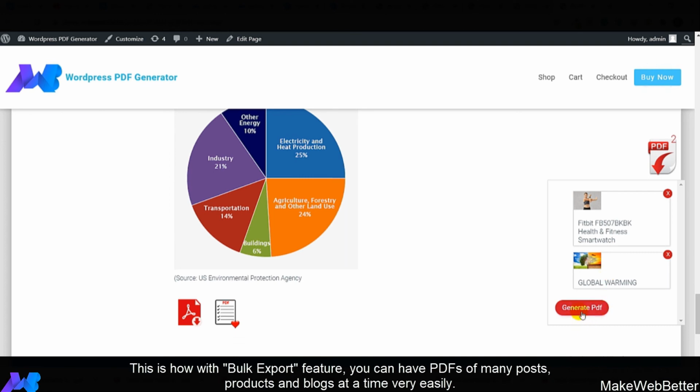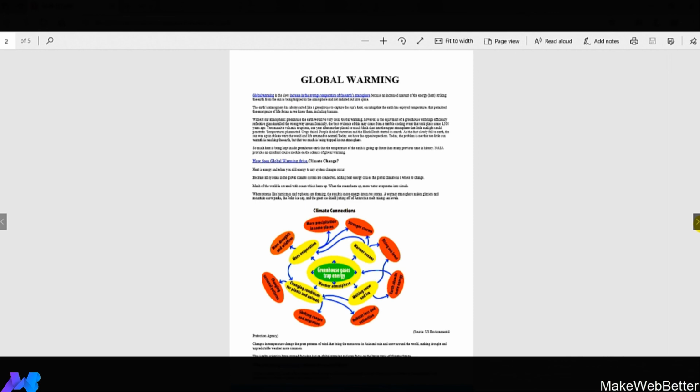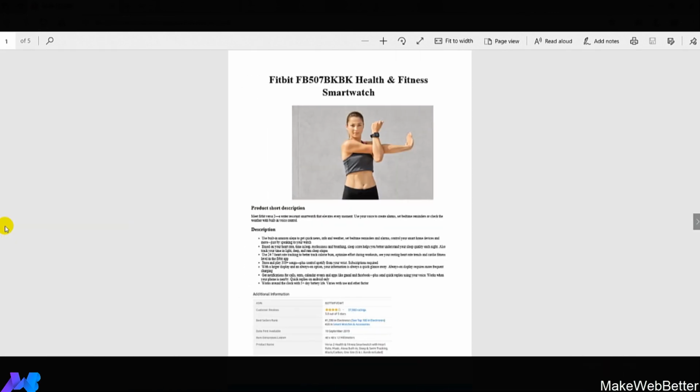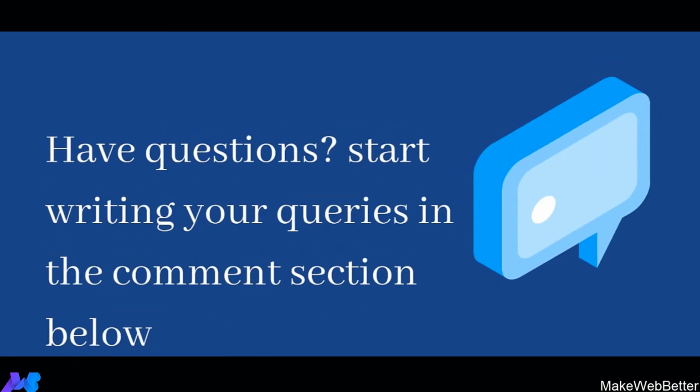So guys, you must be observing that how beneficial this setting is going to be when you have to download so many PDFs at a time. You can do it very easily. So guys, you can see that I have downloaded the PDFs in bulk, and this is how they are looking. So as many as PDF you can download at a time for the multiple products that you are having on your shop. So guys, this was all about the today's demo video on WordPress PDF generator,